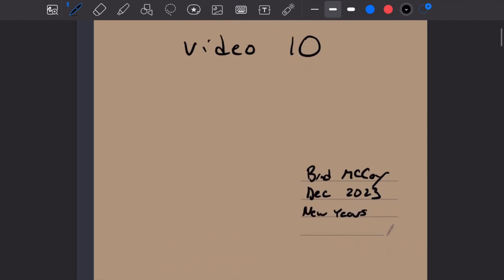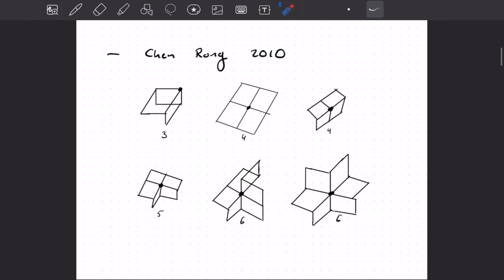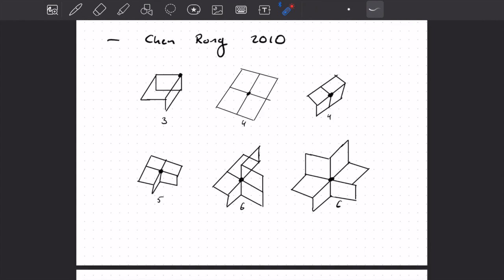Happy New Year. So last time we talked about cubical complexes, and we had this little paradox about whether this should be a closed curve or not, and we resolved that. And then we looked at a paper of Chen and Rong, and they used the Gauss-Bonnet theorem to compute the genus of a cubical complex. And this was done by measuring local curvature. So this was interesting because we're going the opposite way we normally do to use the Gauss-Bonnet theorem. We're computing the local curvatures, adding those up, and that's telling us the genus. So that was a nice example of using Gauss-Bonnet to compute the genus, which is something we hadn't seen